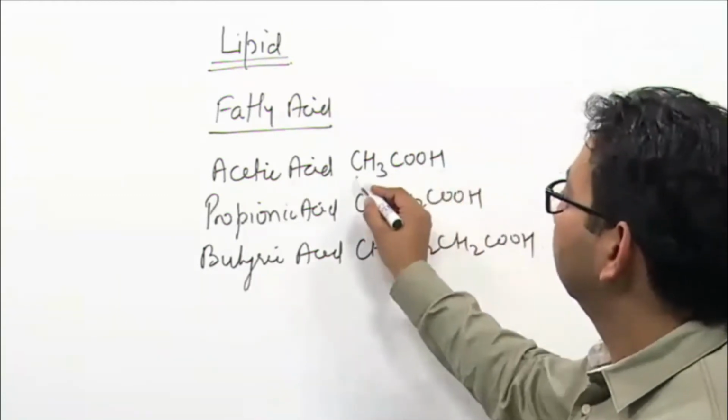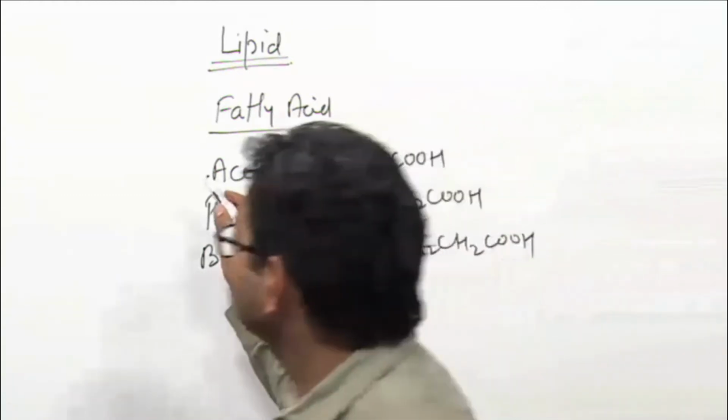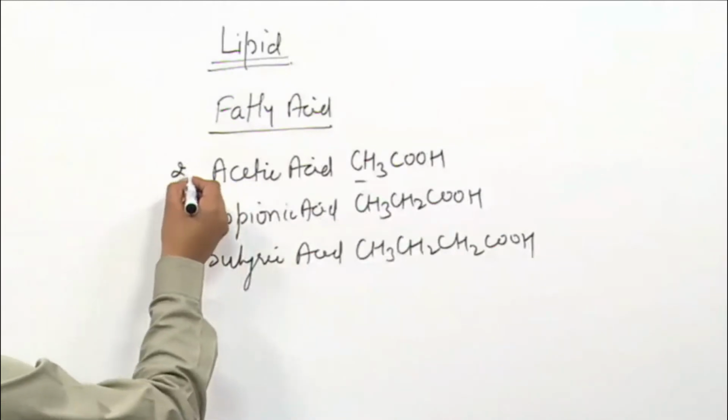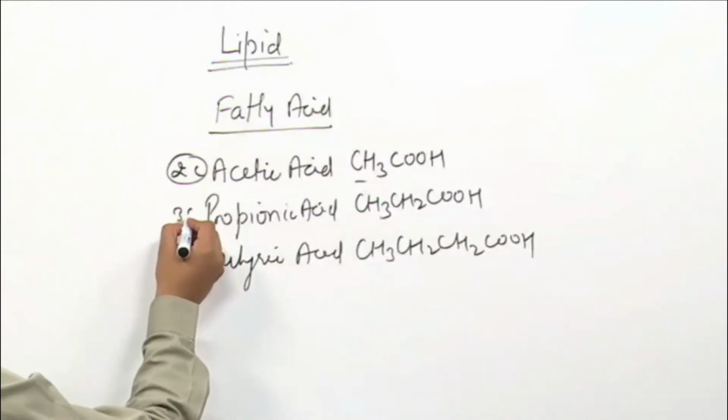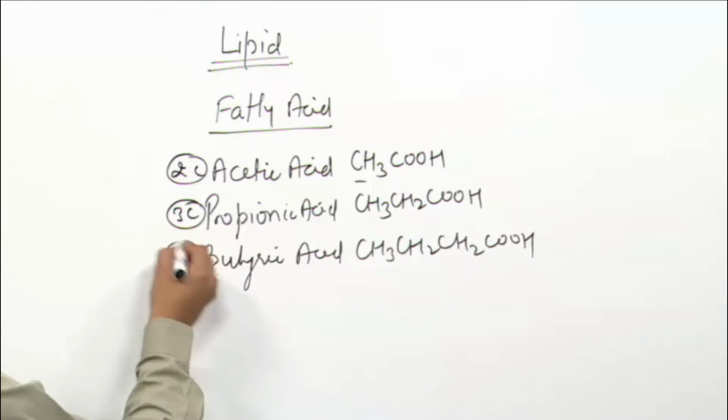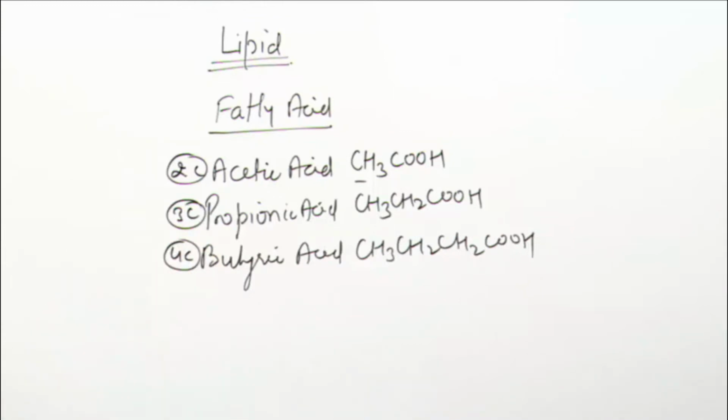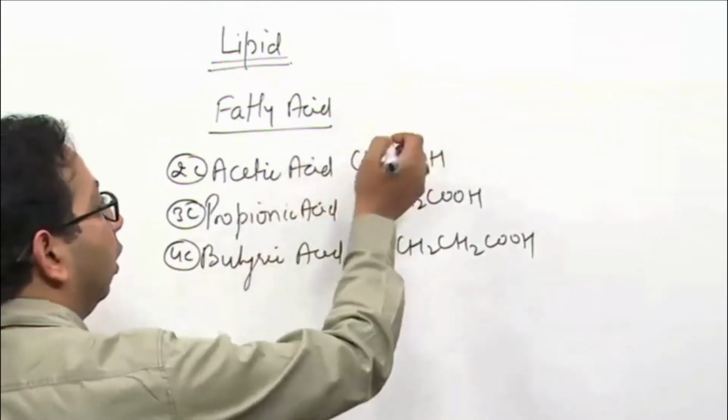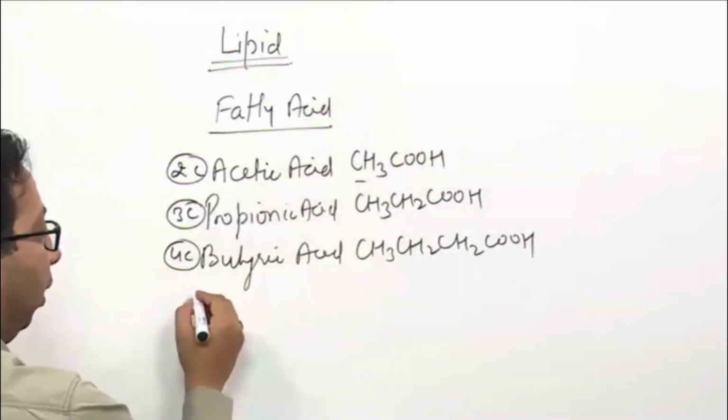So 2 carbon, 3 carbon, 4 carbon. Now palmitic acid